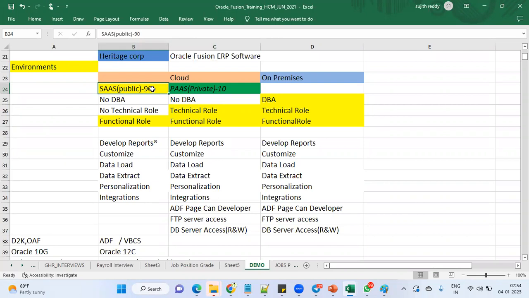So how will clients decide whether they want a SaaS model or a PaaS model? If they say that they don't have huge customizations, only a few modifications are required, and the remaining setups are enough, that's fine. There won't be any problem regarding setups and report development. And whenever a client says that they want to develop forms and programs, and they want to build custom modules,